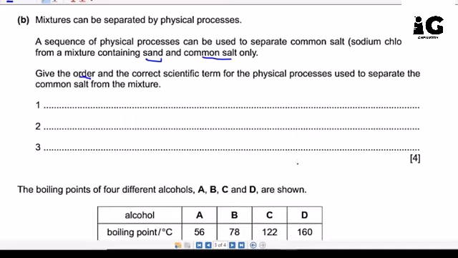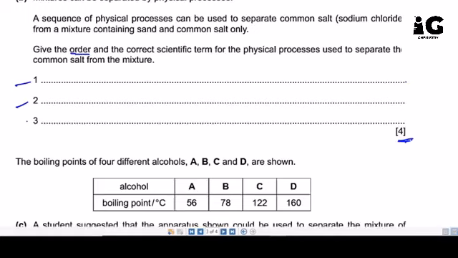And check with me now the 4. Here we have 4 marks, and here we have 3 points: 1, 2, 3. So of course 3 processes you should mention, and take care the 4th mark will be for the correct order or the correct arrangement. Okay, so if we have, this is